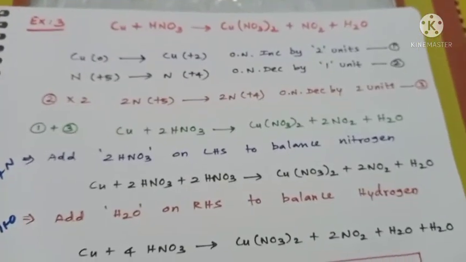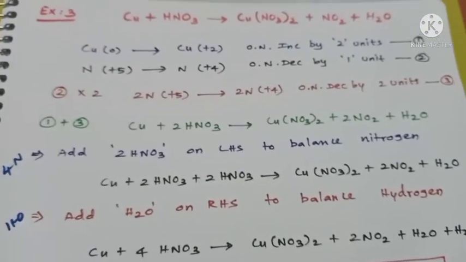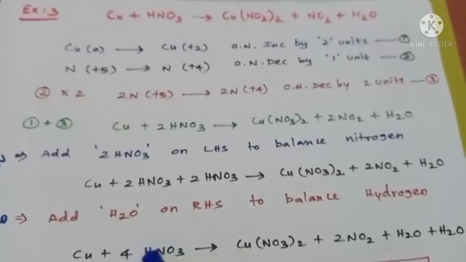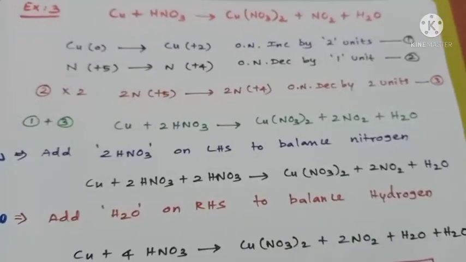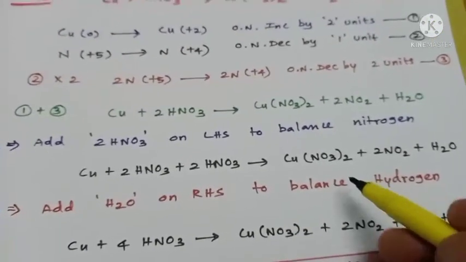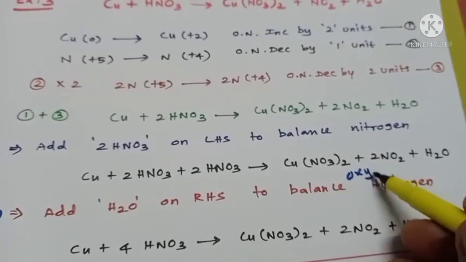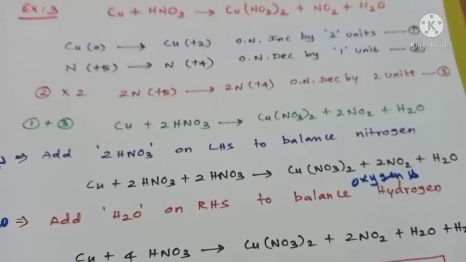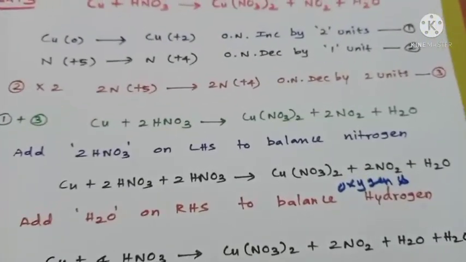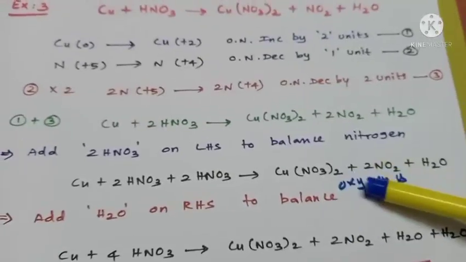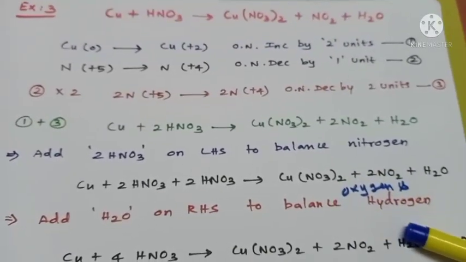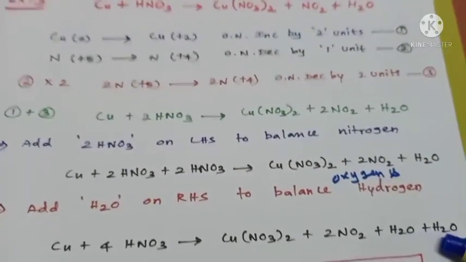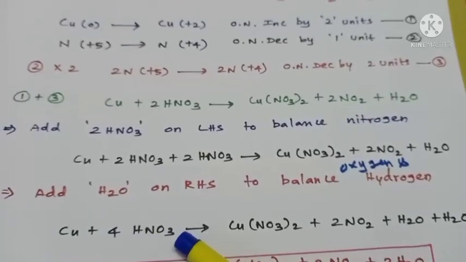Only 11 oxygen atoms are on the right-hand side, isn't it? So the left-hand side has 12 oxygen atoms, the right-hand side only 11. To balance oxygen, I am going to add 1 mole of H2O on the right-hand side so that the oxygen gets balanced. While adding H2O, hydrogen also gets balanced, because when you add H2O, the total becomes twice H2O, 4 hydrogen atoms. So already there are 4 hydrogen atoms on the left-hand side.